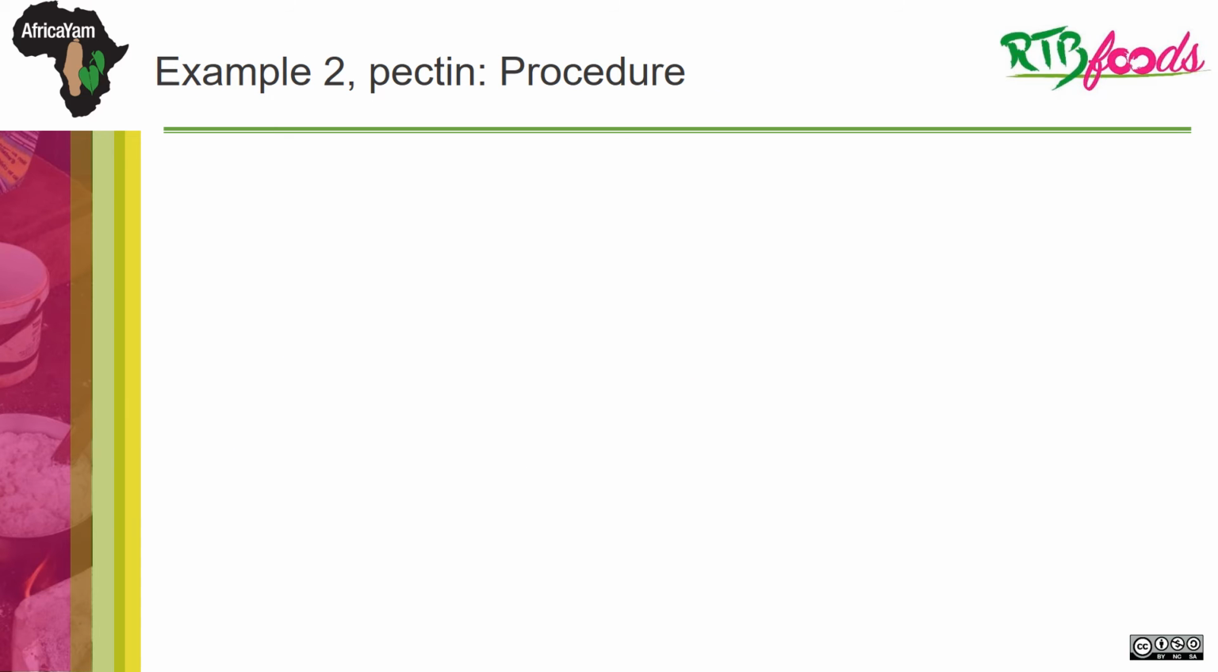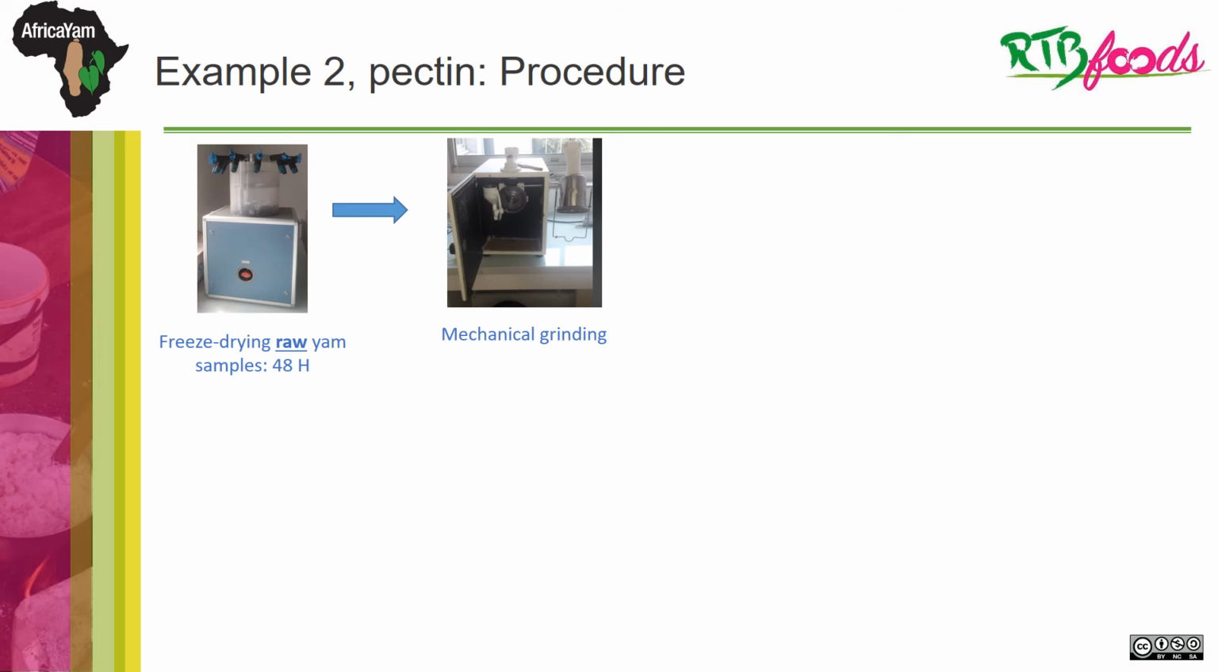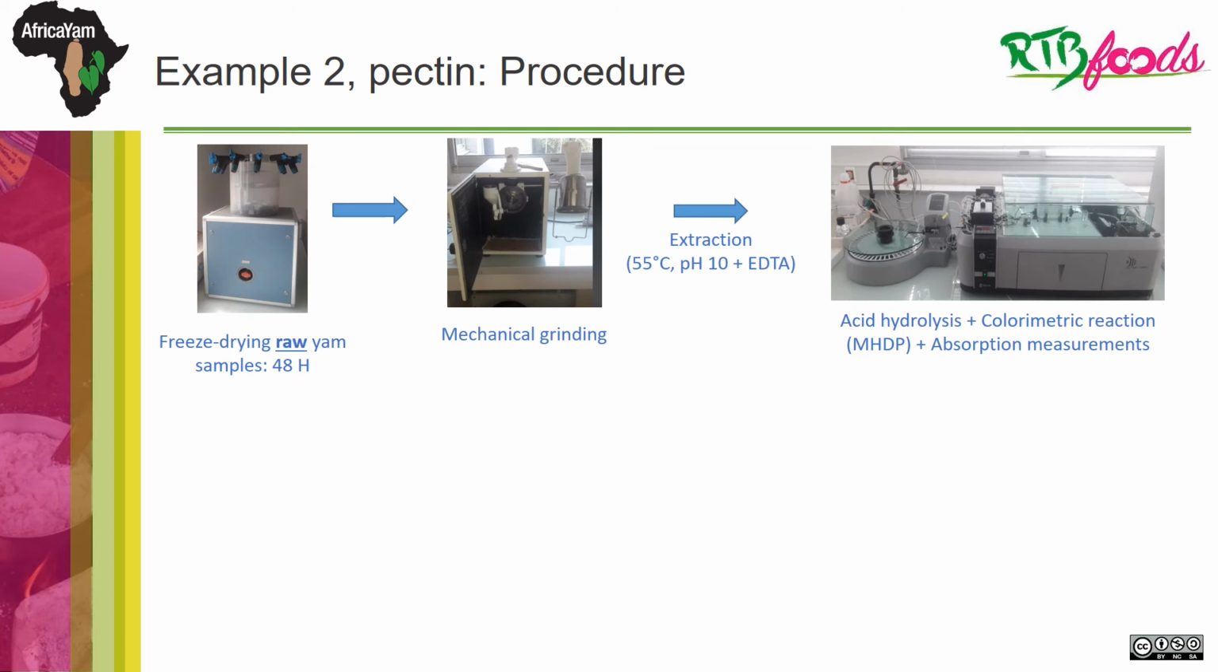So let's have a look now at the pectin content. Pectin can have an influence on the texture of the yam, and this will be illustrated in the presentation of Aliénor this afternoon. So if you want to determine the pectin content, you have to first dry your samples, grind them very finely, and after that we developed a procedure of the extraction of pectin and colorimetric determination. The extraction is quite simple, at moderate temperature at pH 10, and colorimetric determination with a